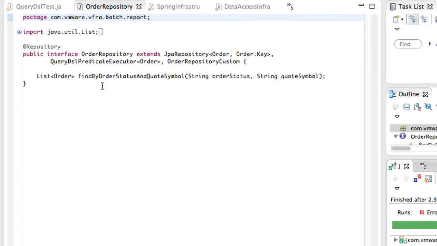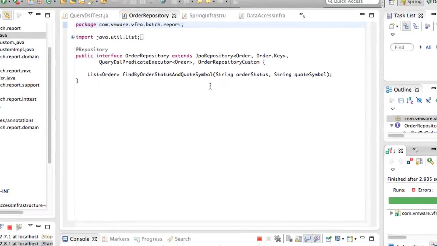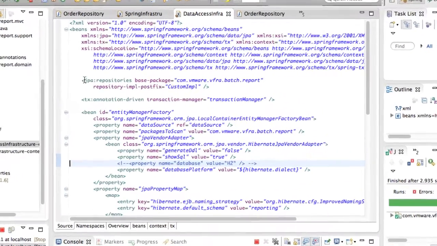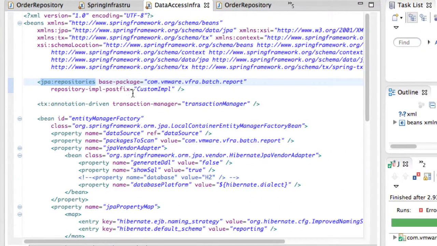With Spring Data repositories, if you follow the convention of saying findBy the domain type and some number of properties, combined potentially with And, you can get a free finder method implemented for you. There's a bit of Spring repository configuration which I've done in my data access infrastructure context XML file. I've included this JPA repositories element. It's going to scan this particular package, and very importantly, it will recognize my custom implementation with this suffix. So in the case of OrderRepository, it knows to look for OrderRepositoryCustomImpl